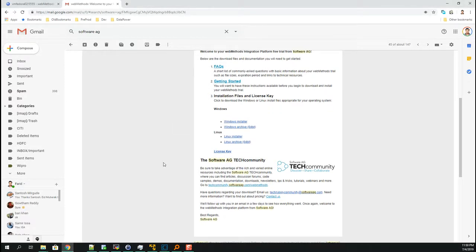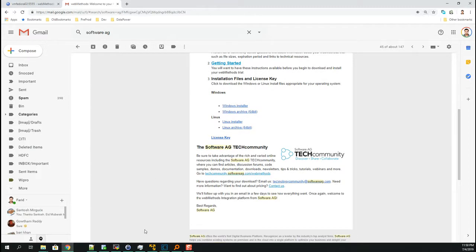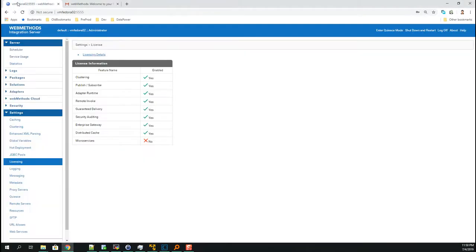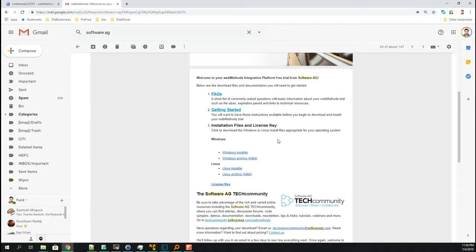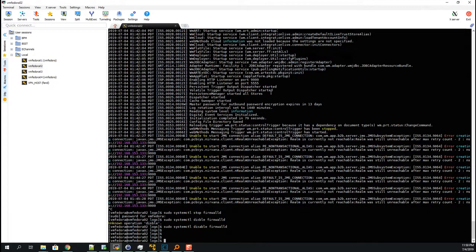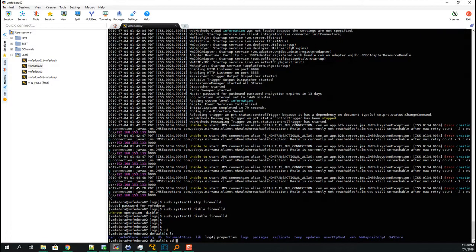Let me start this tutorial with a small tip and trick. So far you must have exhausted your license for webMethods, but there is a trick you can follow to get a new license without again requesting a product. You can open the same email which you received for the license, and click on the same link for the license key, and you will receive the new licenses with the latest product version and the latest expiry date, that you can replace inside the system. So for Integration Server you can replace the licenses